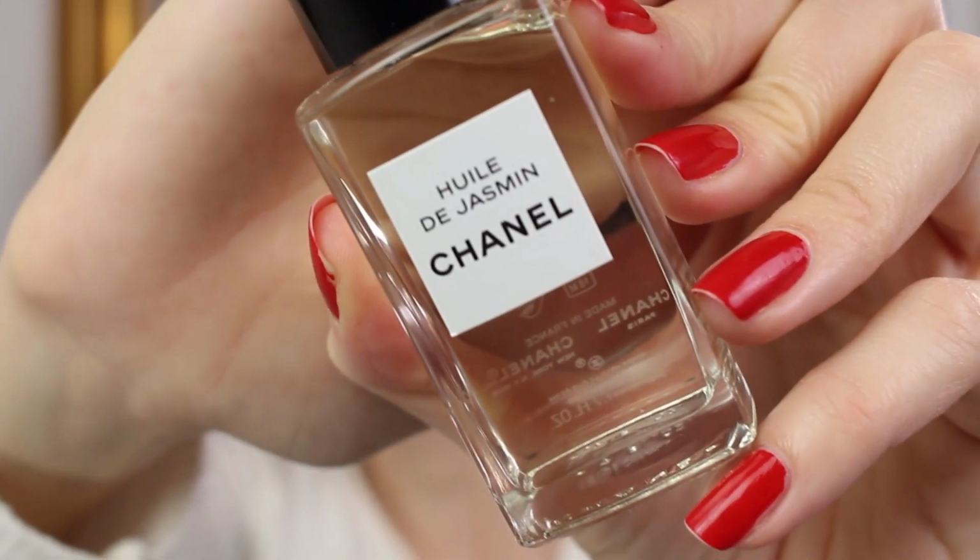And then the next product that I'm going to use on my skin is the Jasmine Infused Oil by Chanel. And be careful here, if you're going to apply makeup on top, make sure to not apply a lot of oil. Oil can change everything, so I'm just going to use a little drop I have on the back of my hand, and I'm just going to dot